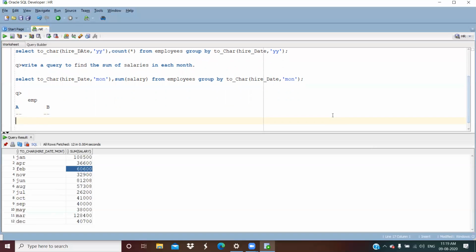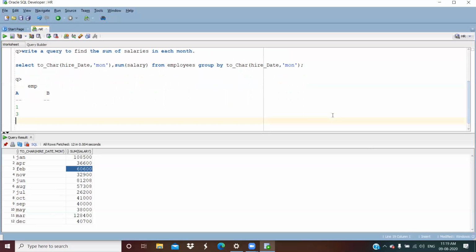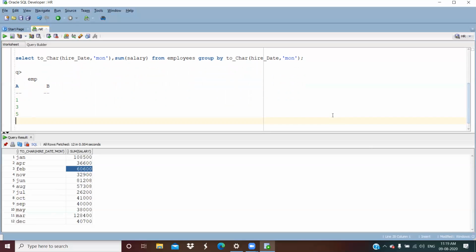In this A column, I have 1, 3, 5, 7. And in this B column, I have 2, 4, 6, 8.